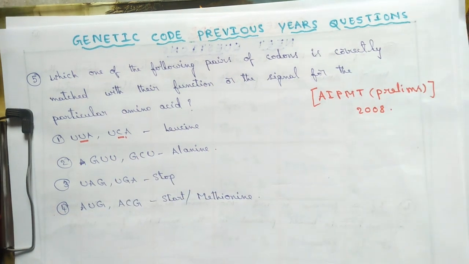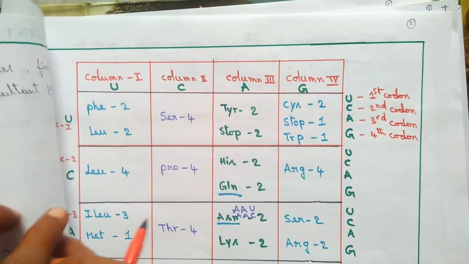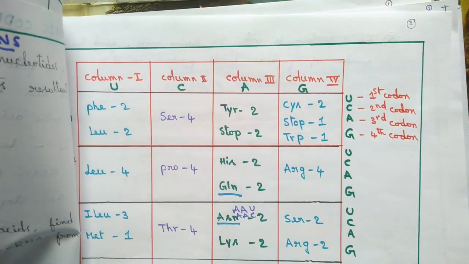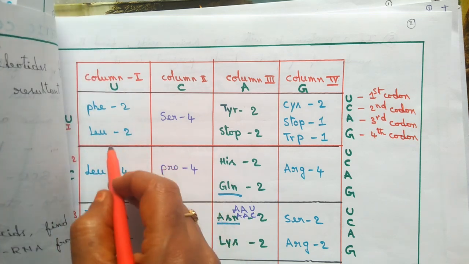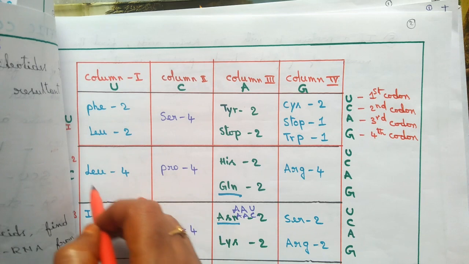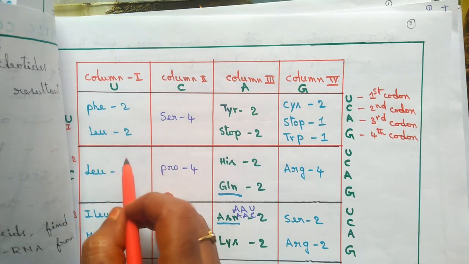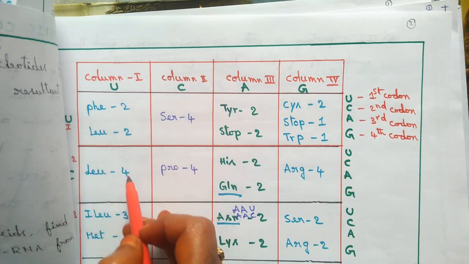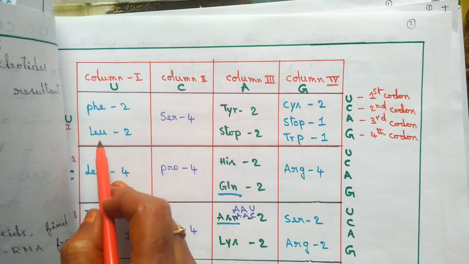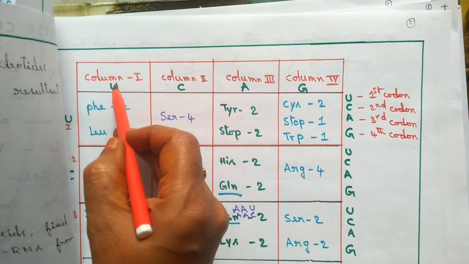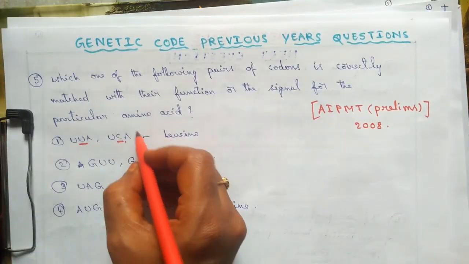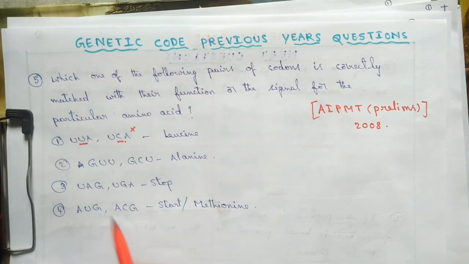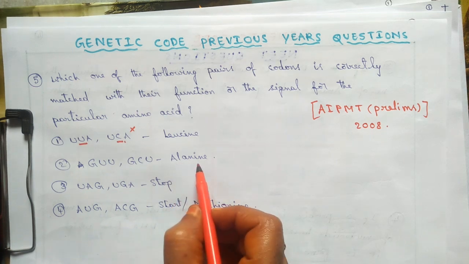Let's see leucine where it is present. Already in previous video I have given all these amino acids, columns and all. So, leucine is an amino acid coded by 4 triplet codons present in first box and second box. So, leucine, that means center base is U but not C. Here it is given as C. So, this is wrong. Next, coming to alanine.